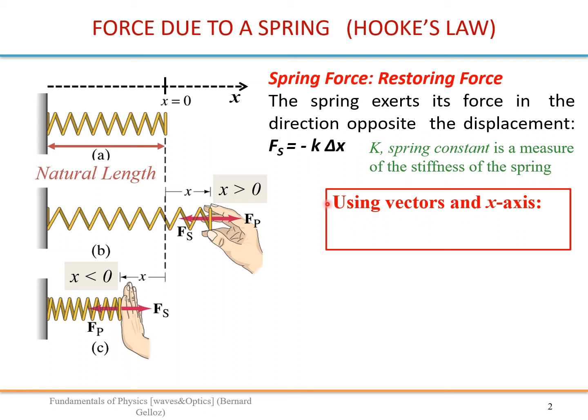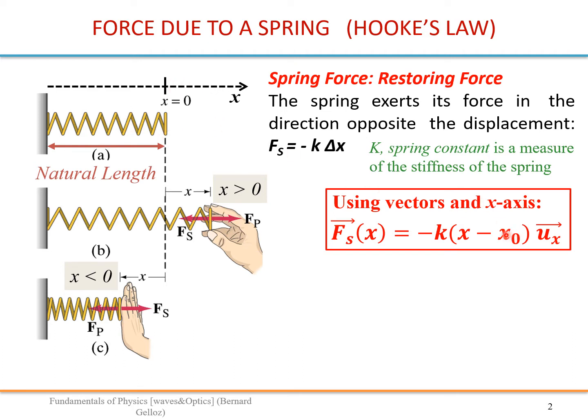Alright, so doing things correctly, we use vectors and an axis. And in this case, our force is written like that. The force at position x is minus k, x minus x0, where x0 is the position for which F equals 0, so the natural position, in fact. And it is multiplied by a unit vector, which gives you the direction of your force.